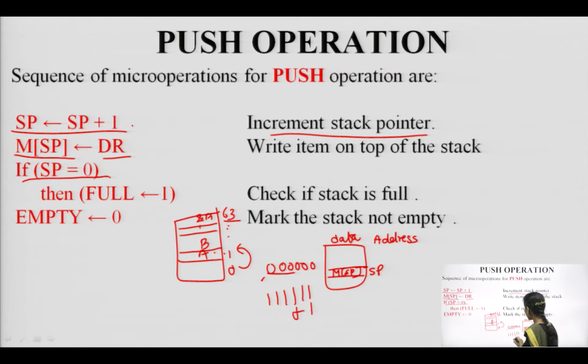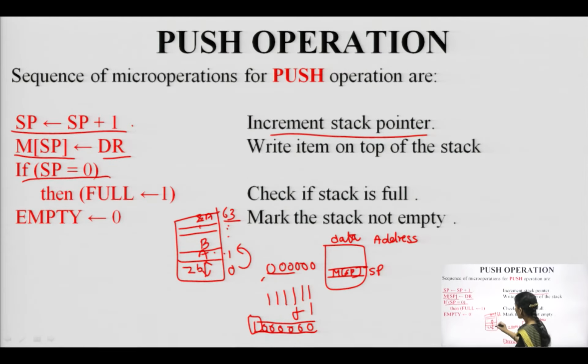and again I increment it for doing the push operation, then I will be getting 6 times 0s and 1. Since stack pointer address locations are limited to carry only 6 bits, this 1 will be discarded, and now my stack pointer value will be 6 times 0. That clearly says my last element will be inserted at the 0th location.